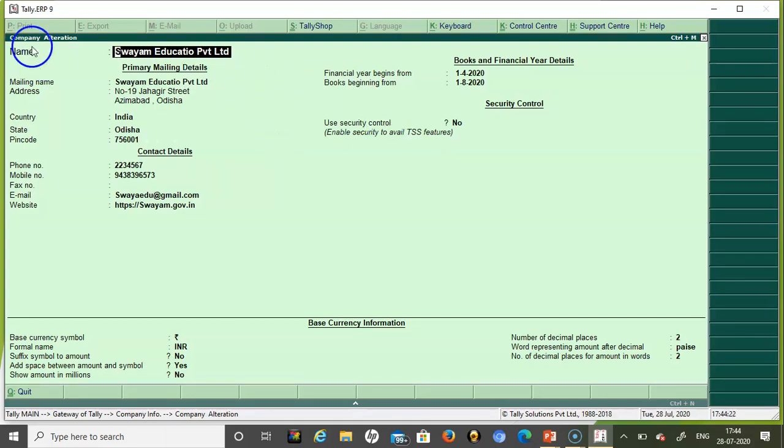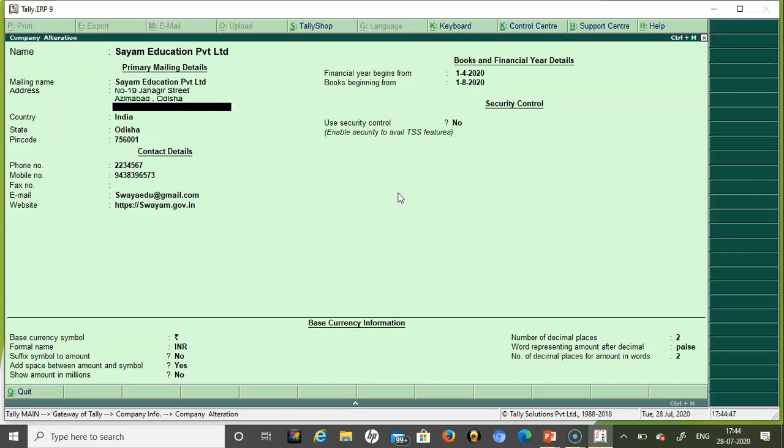Before that, when you create a new company, it shows company creation. Now it shows company alteration. In the above field, delete the name and type Siam Education Private Limited. Automatically the mailing name changes.